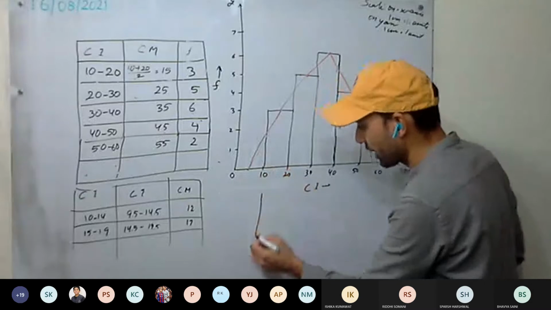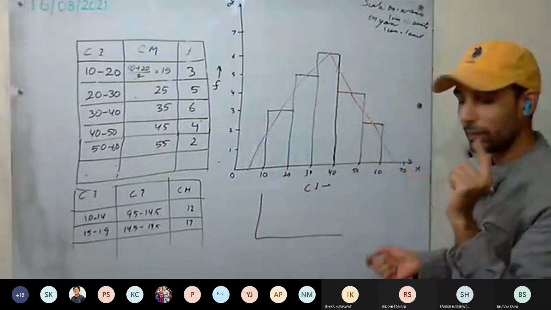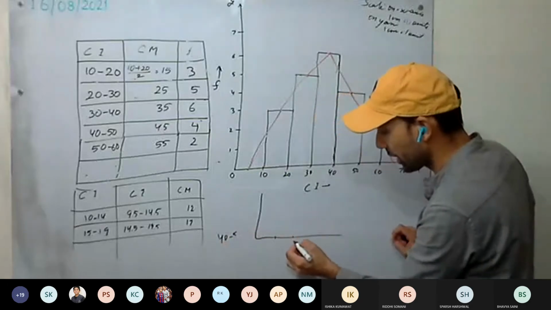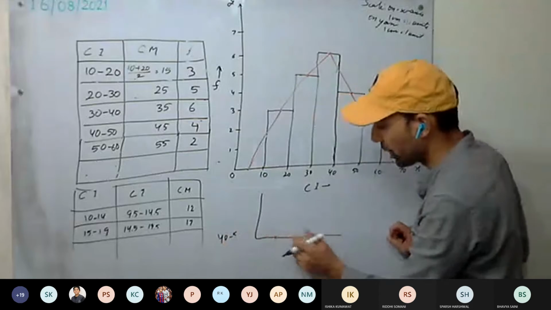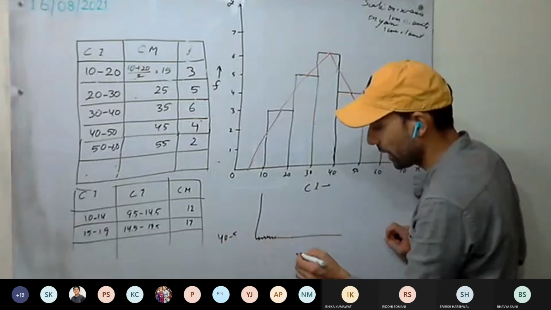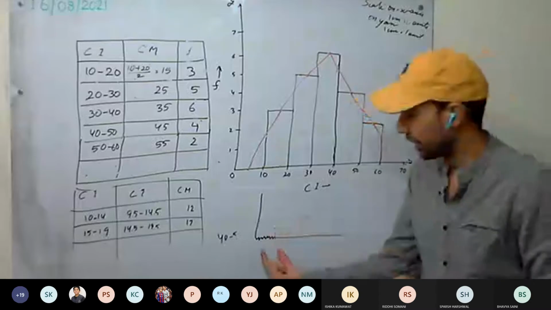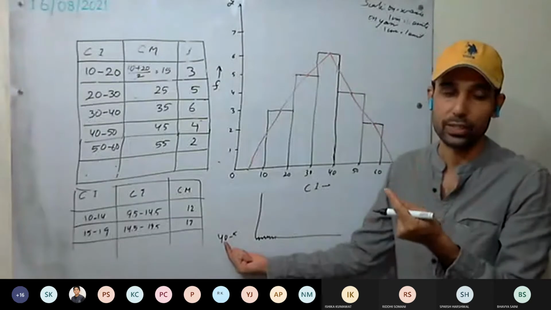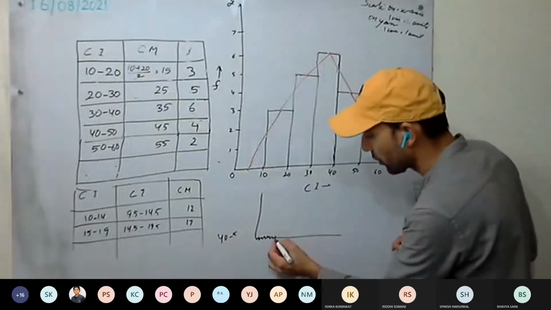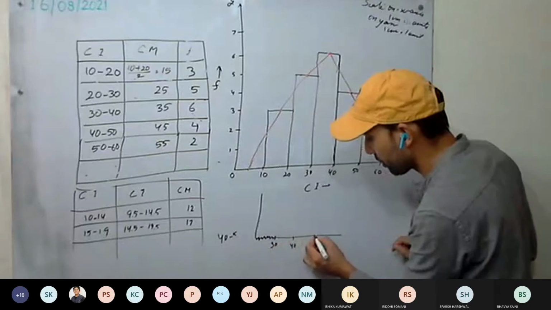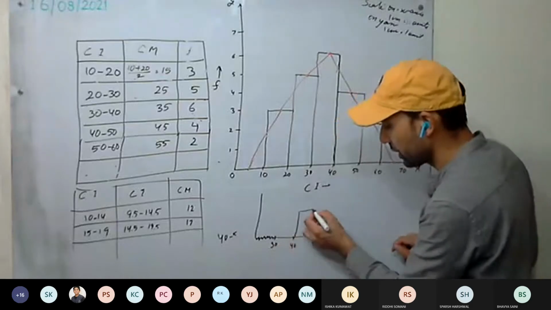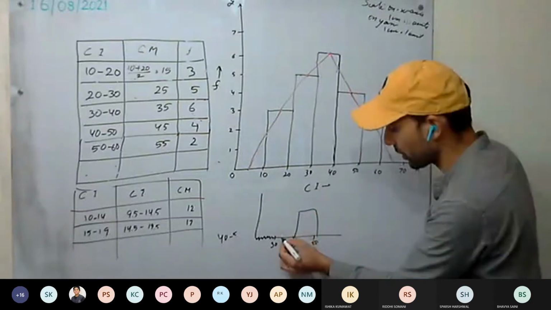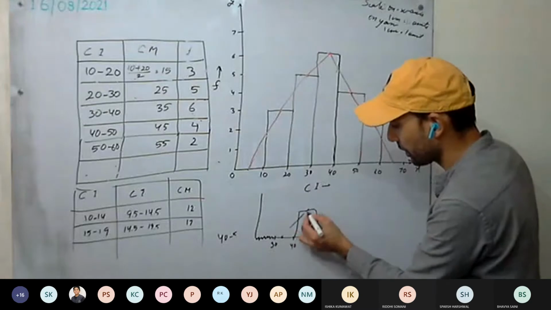For example, we are starting the first class from 40 to 50. So if we leave the space 0 to 10, 10 to 20, it's a wastage of space. So usually what we do, we draw the kink in that first block. For the frequency polygon, we require one more class. For the histogram, we don't require it, so we start from 40 to 50 and our histogram will start from here. But we require this class for the frequency polygon, so we'll mark that one and draw them like this.